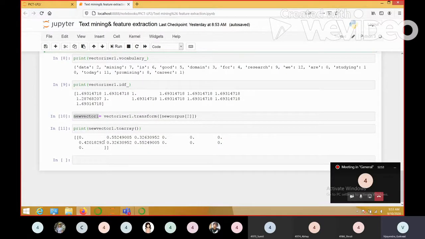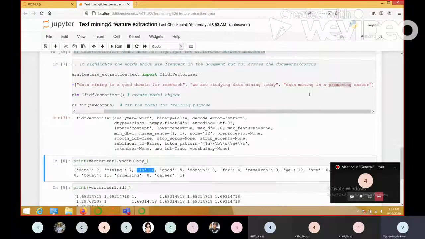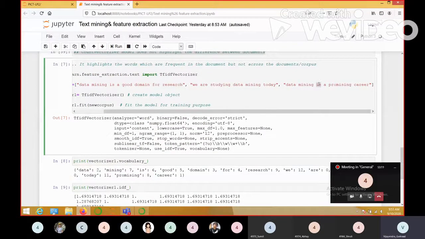Understood? Then we'll take the next highest value, that is 0.42. 0.42 appears at which index? 0, 1, 2, 3, 4, 5, 6. Which is the word at the 6th index? Is it appearing in the third document? Yes. Is it appearing in any of the other documents?